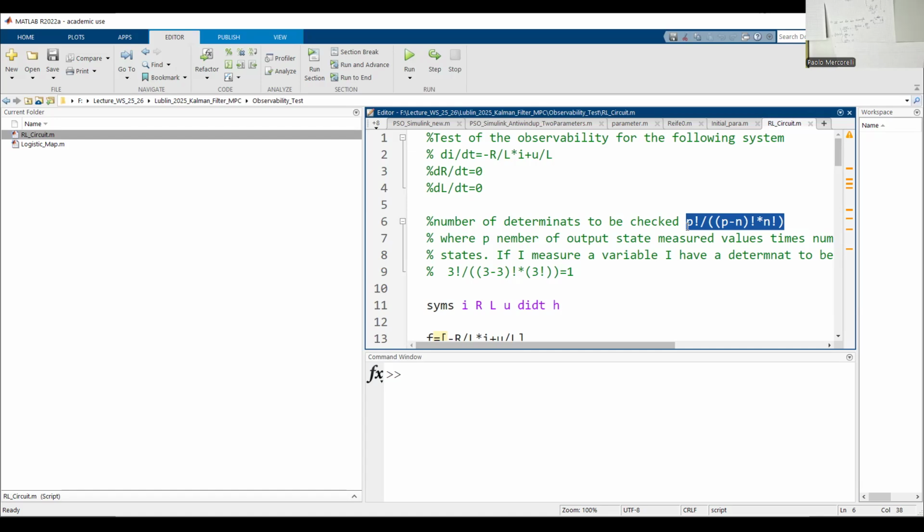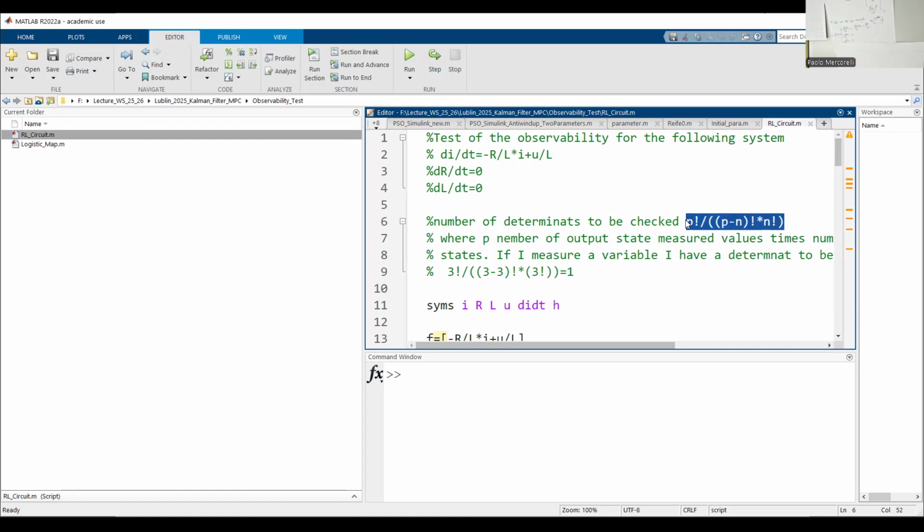The practical reason is why I have to check all possible determinants. We also have programs that do that for us, because very often this is the number of all possible combinations